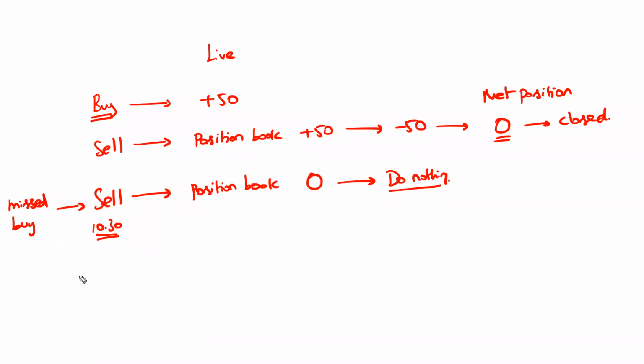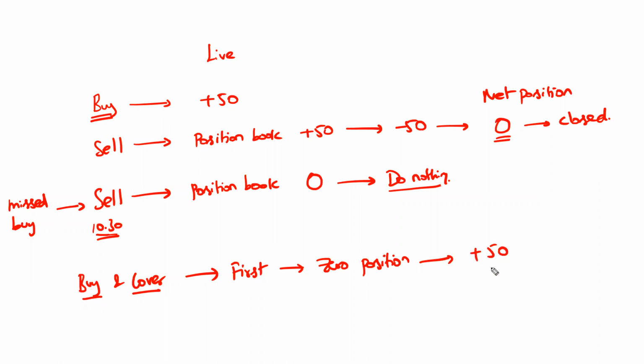So it smartly understands the requirement, and accordingly, it will not do anything over here. But likewise, sometimes a buy signal and a cover signal also happen. If it is happening for the first time and you don't have any position, you have zero positions, then in that case it will try to punch only one quantity. However, if you already have an existing short position, with old shorts continuing, old short signals are running.